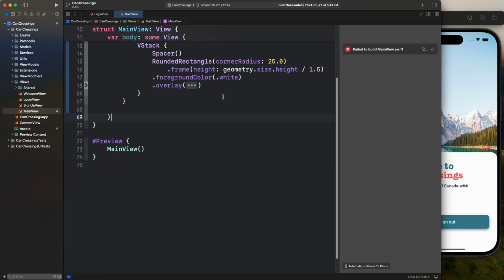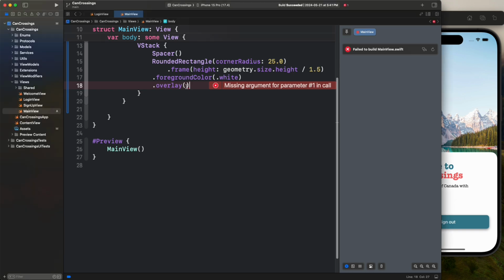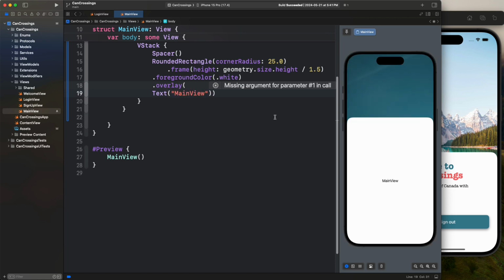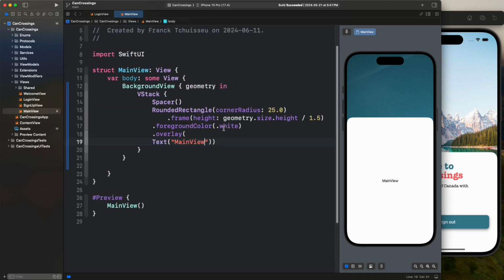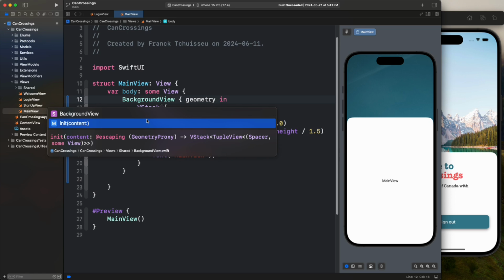And here inside this main view, you can simply paste everything. And here we don't want the content of this overlay, so we can simply remove this, okay? And here we want to create our own overlay. And inside this overlay, for now, we can simply put a text, and the content of this text, we can simply say main view. Okay, perfect. As you guys can see, we have the exact same page as this login view, okay? But here, for this background view, we don't want this image, okay? So we want something different. So if we go back to this background view,